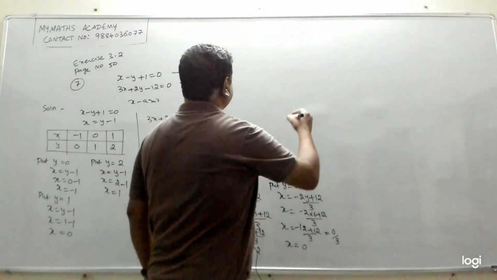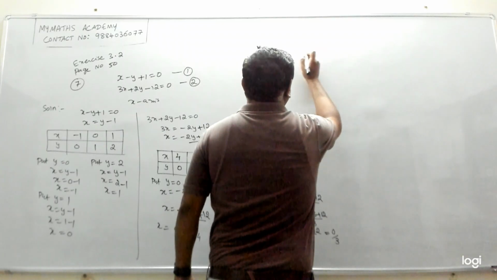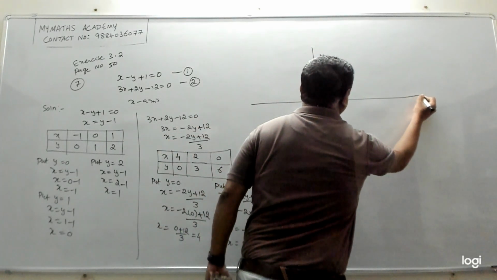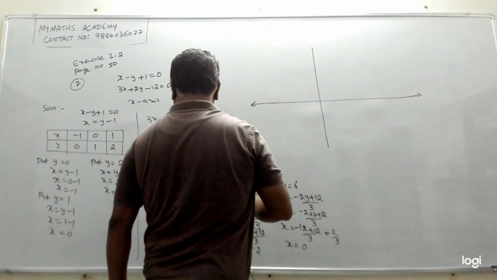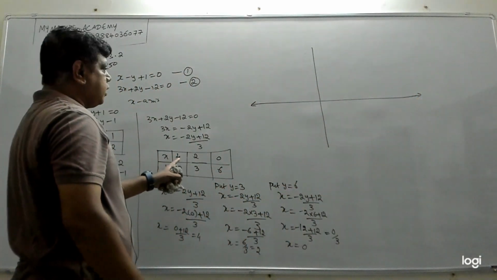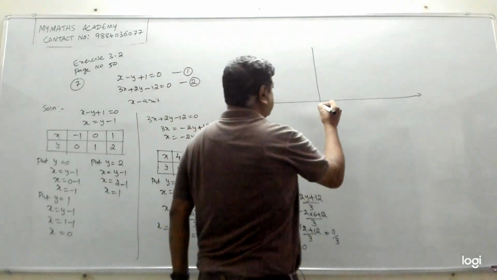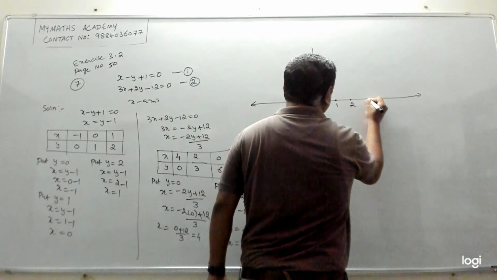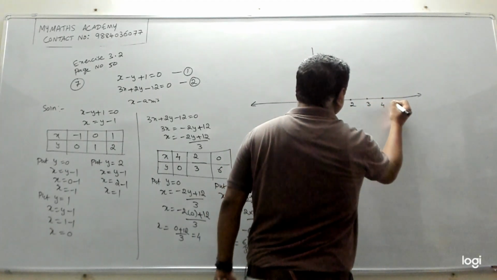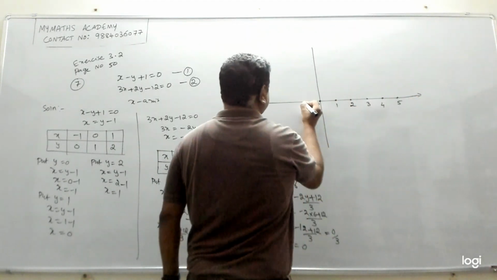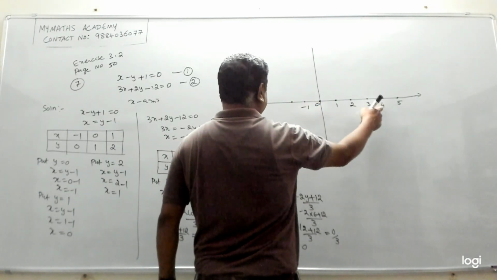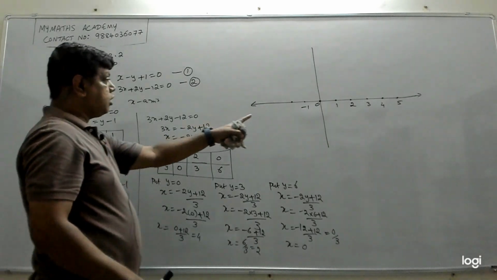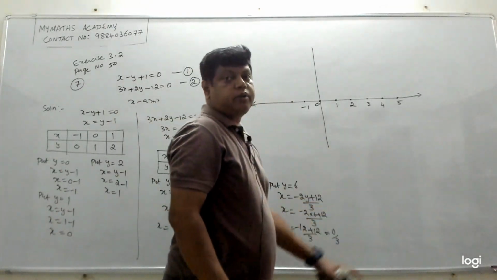Let's draw the graph. So let me draw the graph. Right? So what is the maximum value of x? Maximum value of x is 4 only. So we can take the scale as 1, 1, 1, 1. So this is 0, this is 1, x equal to 1, 2, 3, 4. You can put some more, one more 0.5, doesn't matter. Minus 1. You need to make sure that you have at least minimum 4. We have the maximum value of x is 4, so you should have here enough space to write 4.